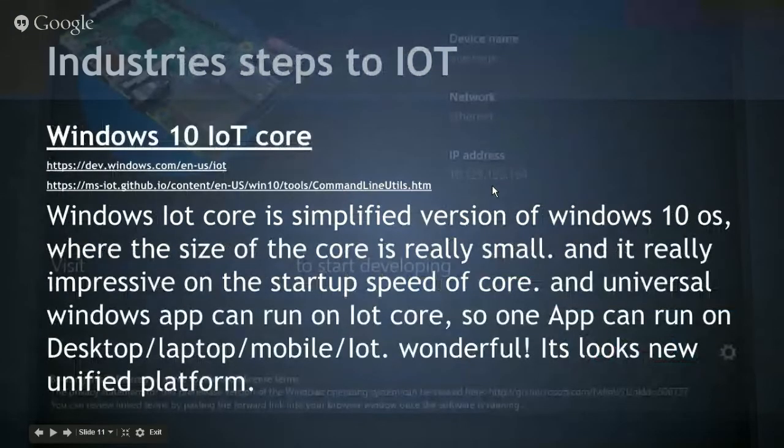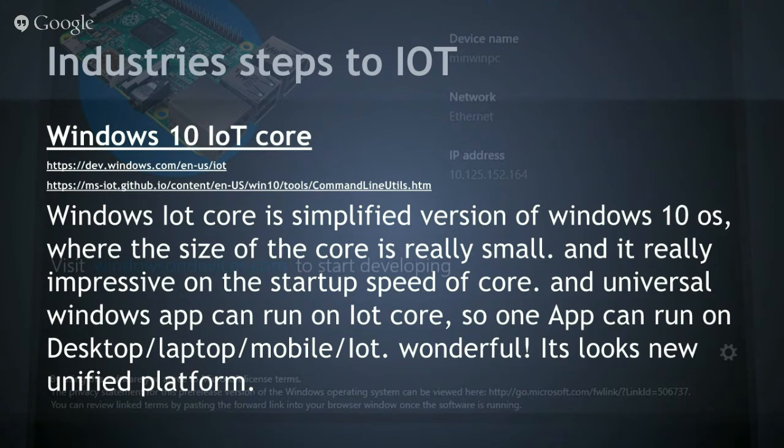Windows IoT, Windows 10 IoT Core. This is from Microsoft. They already released the preview. So I have this one also. Let me check if I have it or not. Yeah, I have it inside this one, Windows IoT Core. I'll show you how it looks.